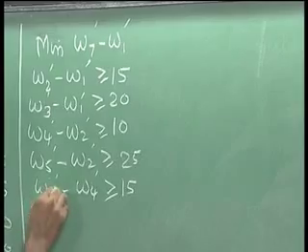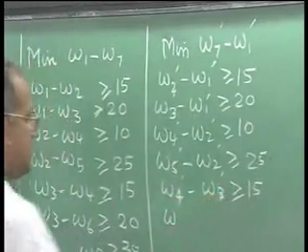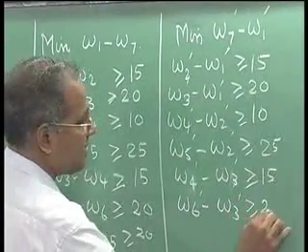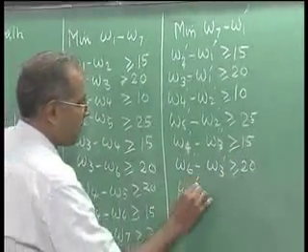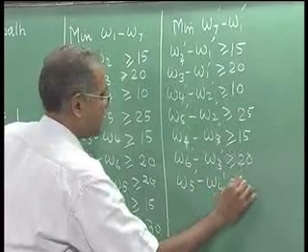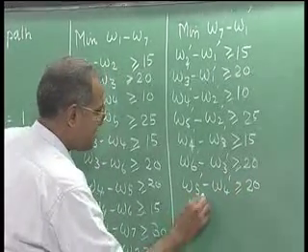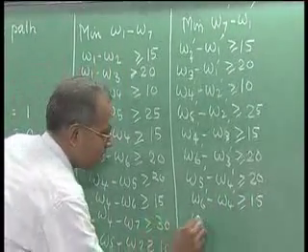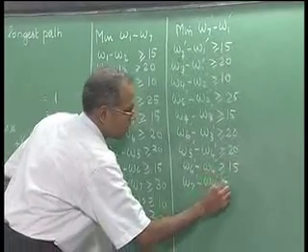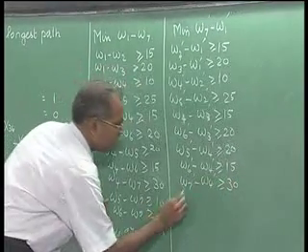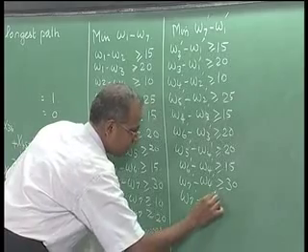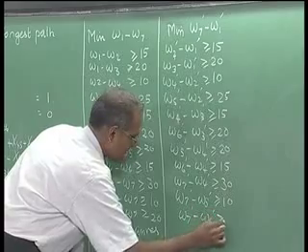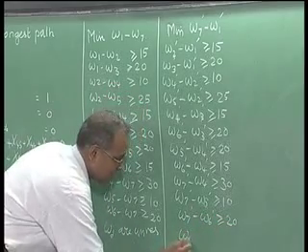this is W4 dash minus W3 dash greater than or equal to 15, W6 dash minus W3 dash greater than or equal to 20, W5 dash minus W4 dash greater than or equal to 20, W6 dash minus W4 dash greater than or equal to 15, W7 dash minus W4 dash greater than or equal to 30, W7 dash minus W5 dash greater than or equal to 10, and W7 dash minus W6 dash greater than or equal to 20, Wj dash